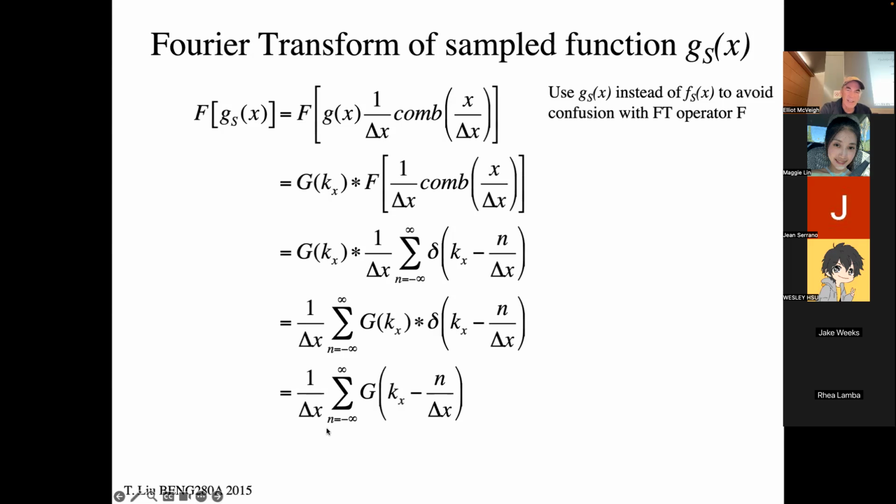So here I have n going from -infinity to infinity, and I basically take the value at any point kx, and then I add to it the value of gx separated by 1 over delta x. Then I add to it again, separated by 2 over delta x. Then I add to it again, separated by 3 over delta x. So every point in the Fourier transform of this sampled function is an infinite sum of values that are in